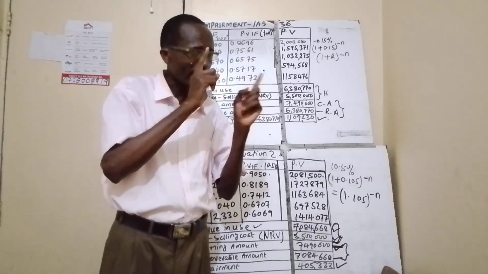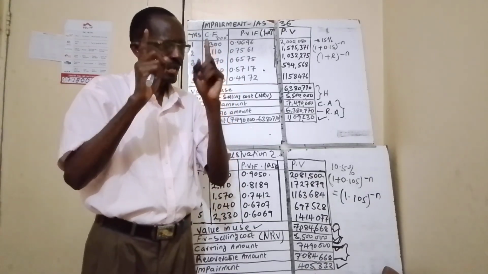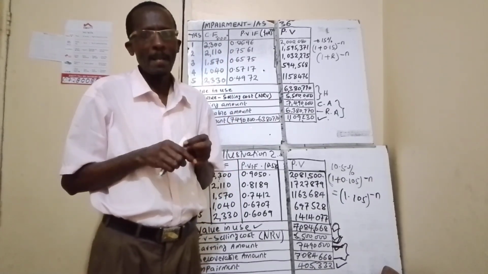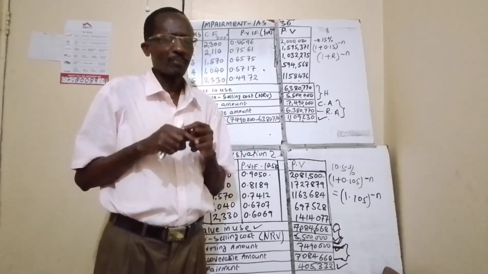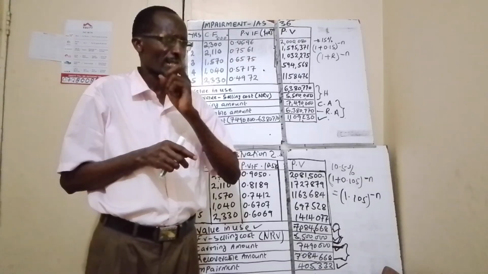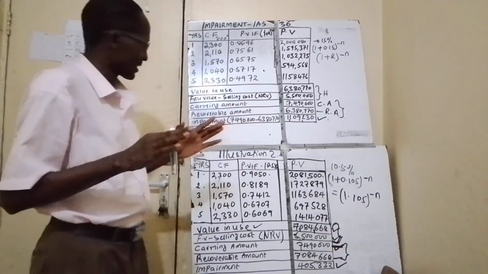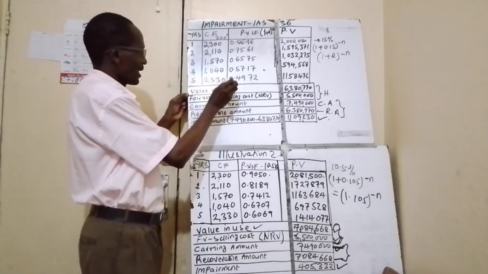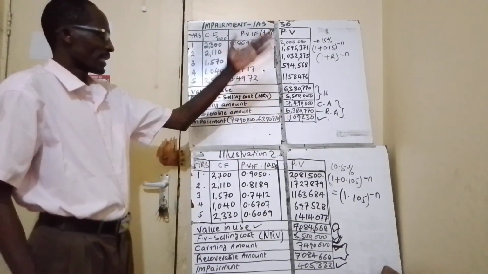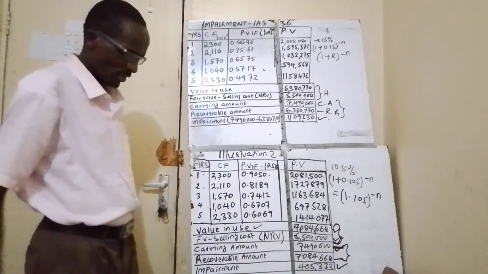Compare with the carrying amount. If the carrying amount is more than the recoverable amount, then that asset is said to be impaired. If it is the other way around, if the carrying amount is less than the recoverable amount, then that asset is not impaired. That's as simple as that. So just comparing the carrying amount with the recoverable amount. And then the difference represents impairment. So I think we have shown that one